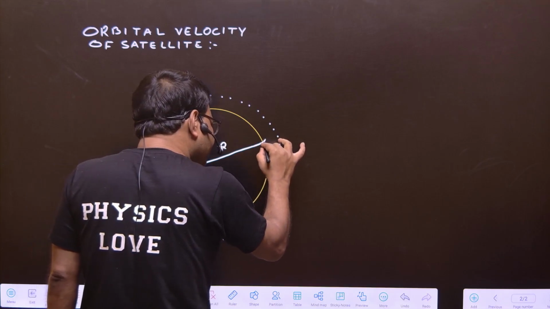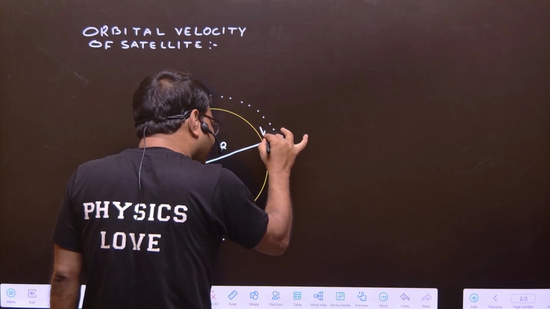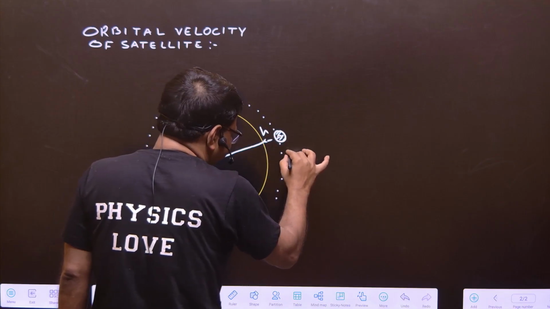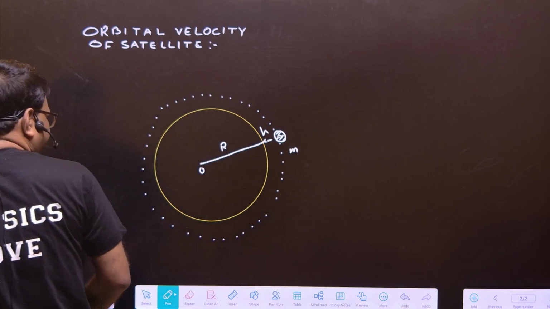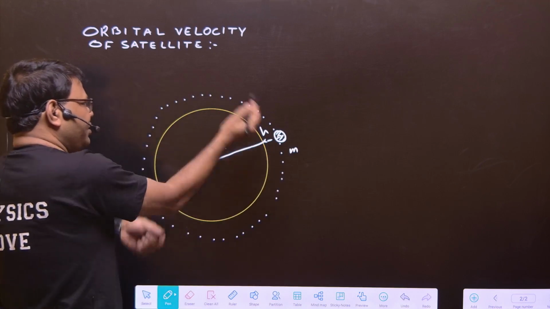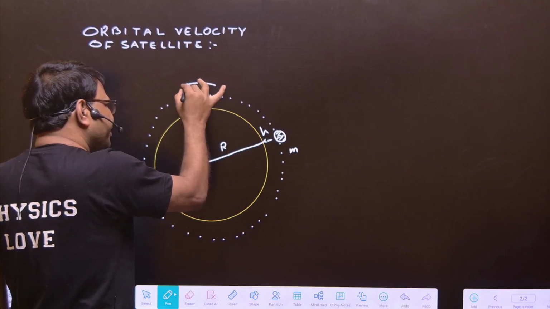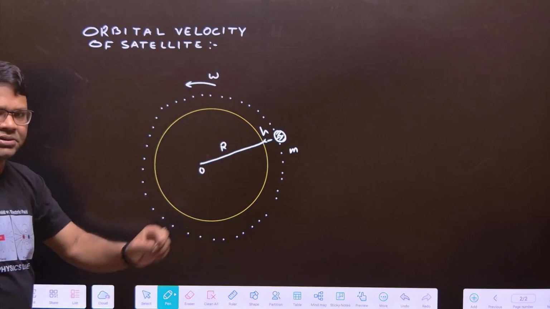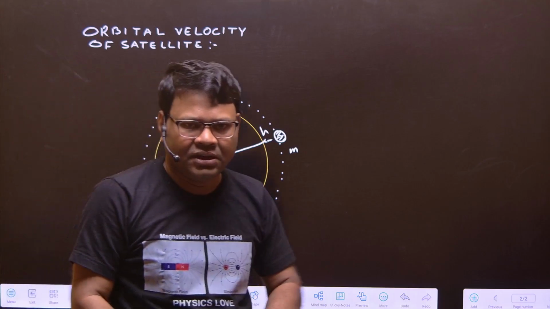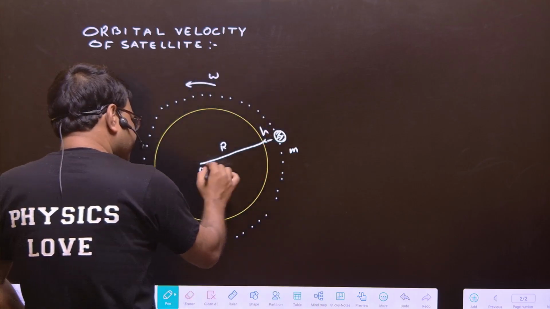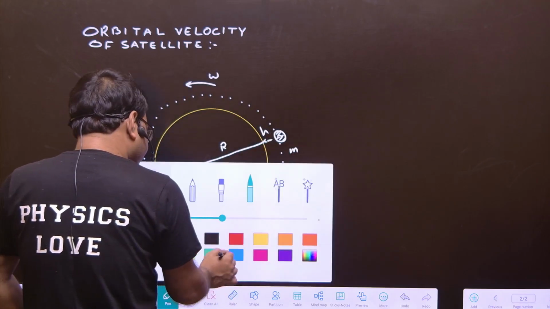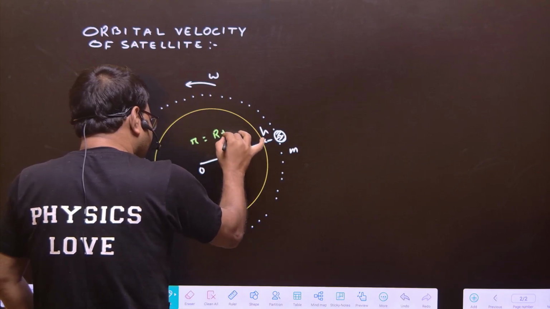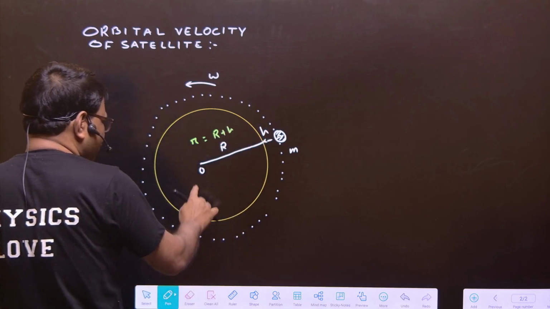and this is the surface. Now from the surface of the earth at some height one satellite is revolving. This is the satellite, and this is the mass of the satellite, and it is moving in this sense, in the anti-clockwise direction with angular velocity omega. Am I clear, students? Also assume the total distance from the center to the satellite is small r, which is capital R plus the height from the surface of the earth.